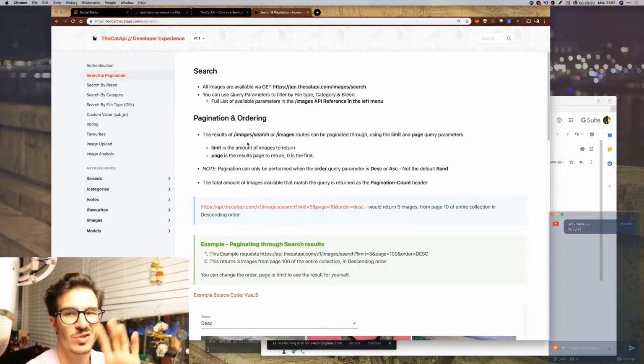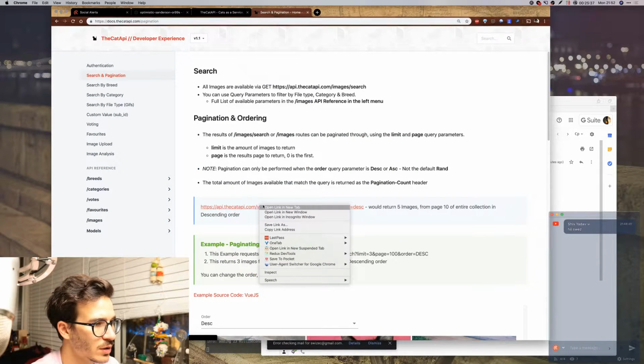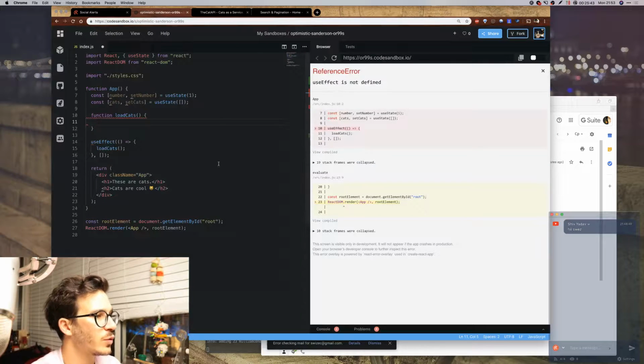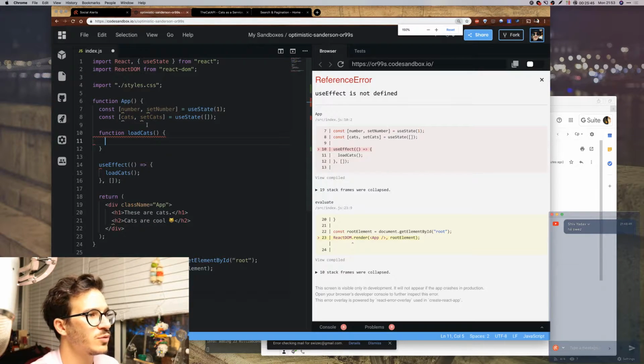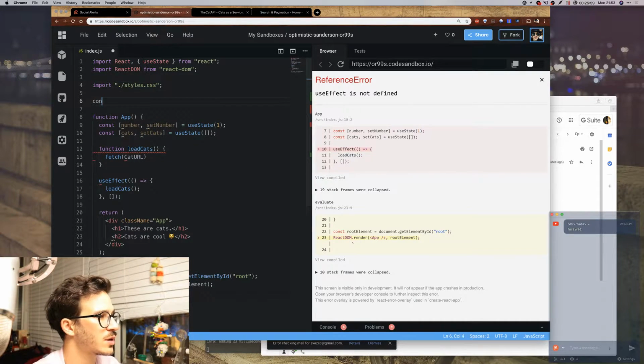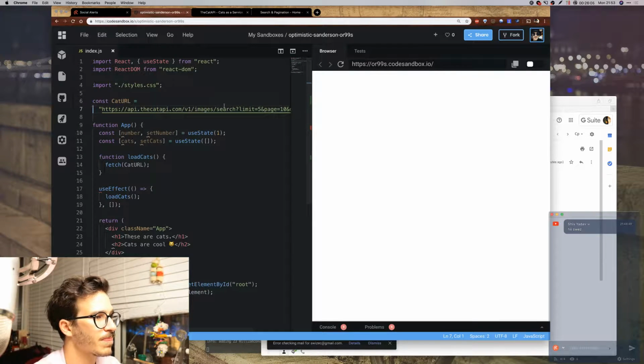Okay, so we're going to just return a bunch of cats at first. Would return 5 images from image. Cool. Okay, so I think I can just use this directly. Let's see. So we have here a bunch of, oh, let me zoom this in. You might be able to see it better now. So I'm gonna say fetch, let's do catURL, which is going to be a constant up here. catURL equals blah. And we're going to start with,